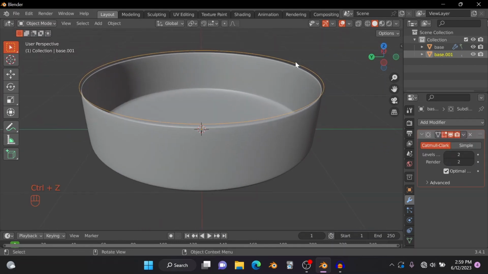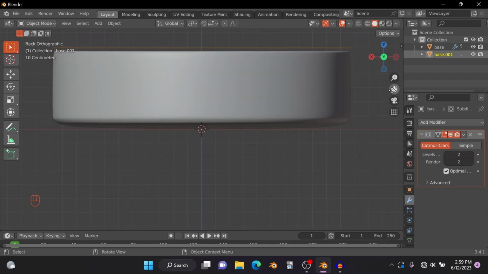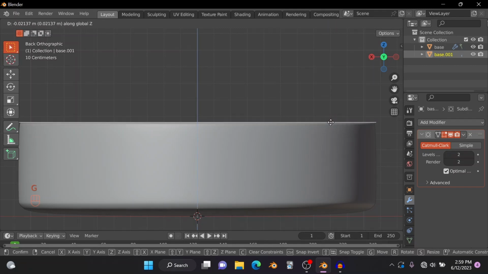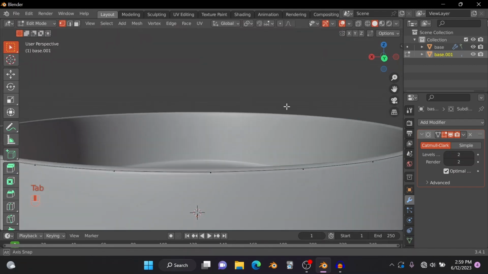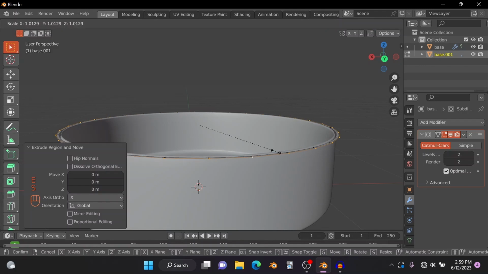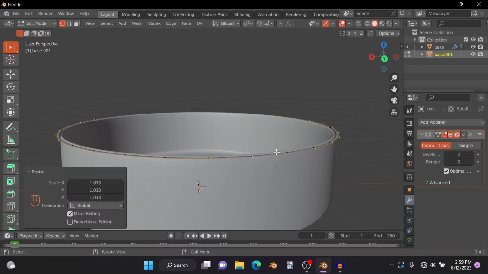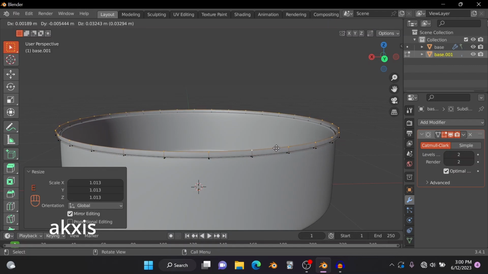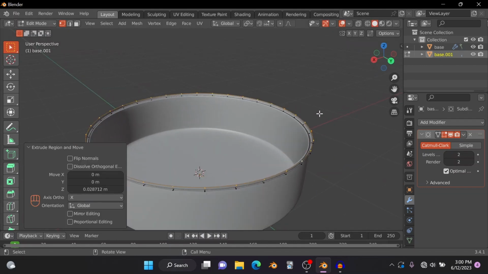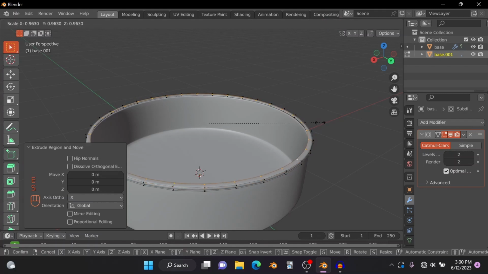So what I'm going to do now is going to my front view. What I basically want to do is I'm just going to press GZ to bring this down a bit like this. Then I'm going to tab into edit mode, and what I'll do is I'll select everything. So I'll press Shift Alt to select everything like this, and then I'm just going to press E, and then I'm going to scale out a bit, pressing S, and I'm going to press E to bring this up on the Z axis, and I'm going to leave it like that. And what I'll do next is I'm just going to press E again, S, and I can just scale it in